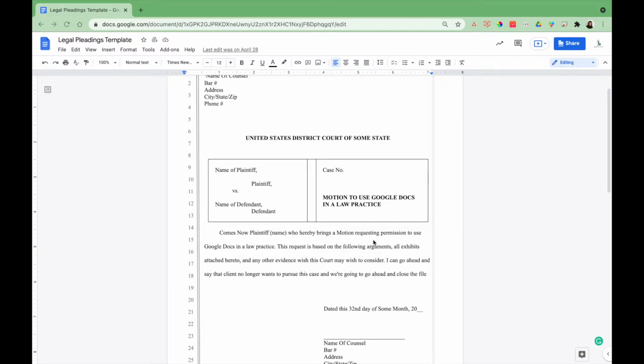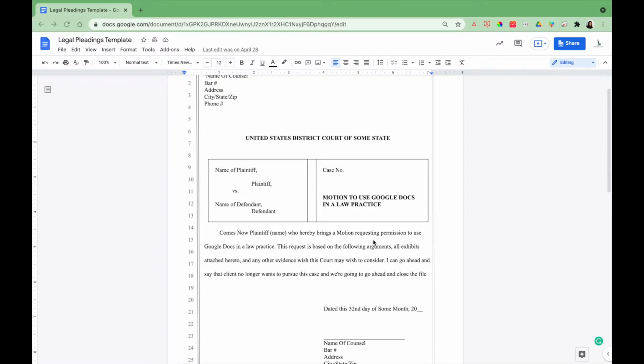Today we're going to talk about personalizing your legal document. Also setting up substitutions, which is what they're called in Google Docs. If you're used to Word, they're called AutoText Entries. And I'm going to show you how to create one, and also I'm going to show you how it looks